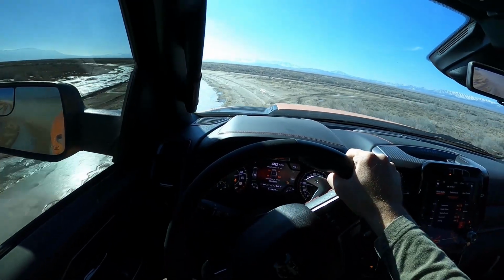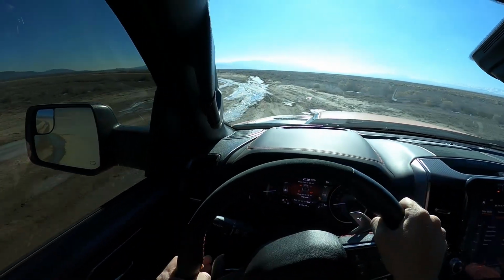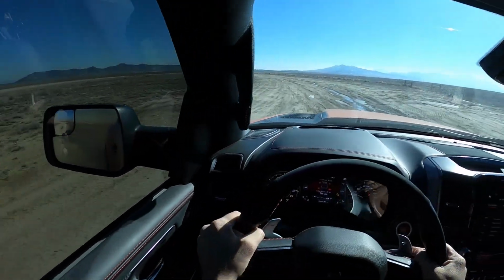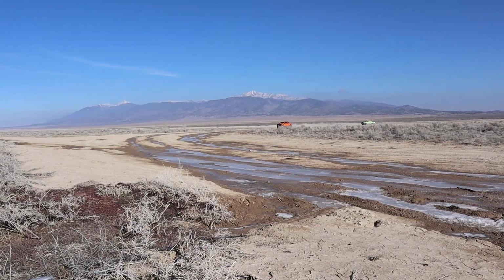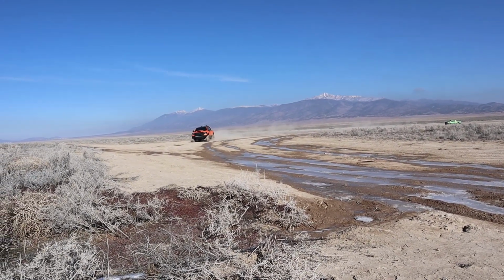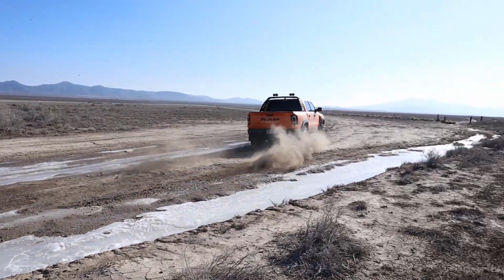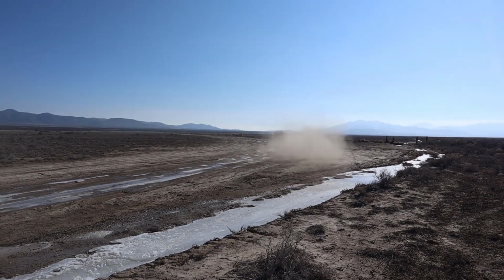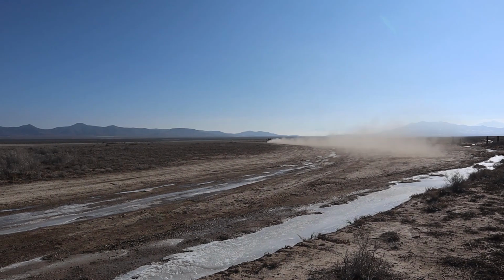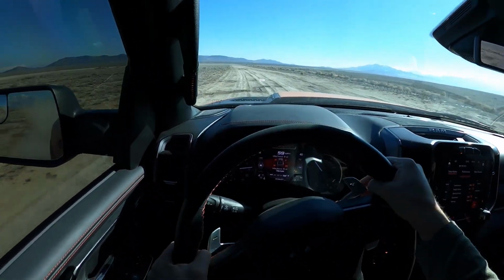You do feel the weight though at the TRX. It does manage it very well, but you definitely feel it. Just plowing through the mud. But now you guys can see coming through here,